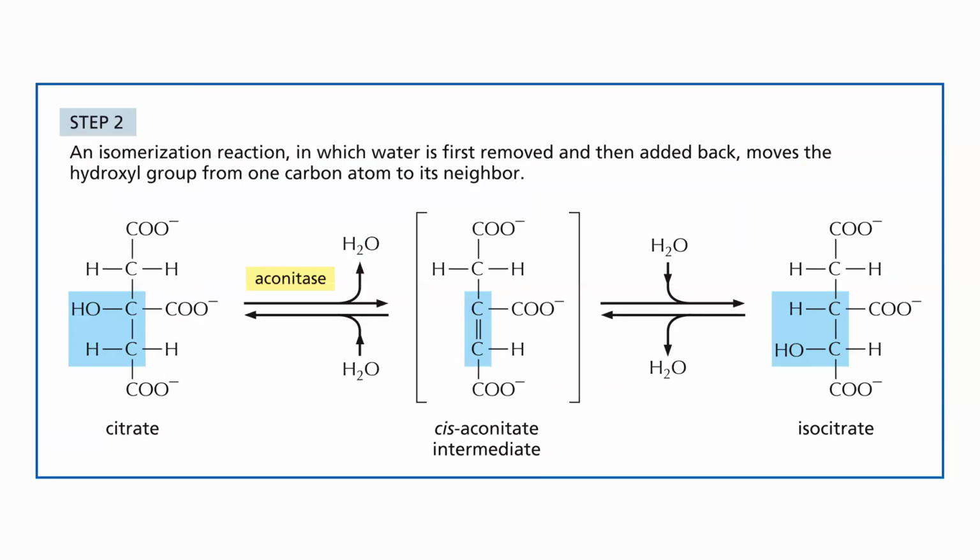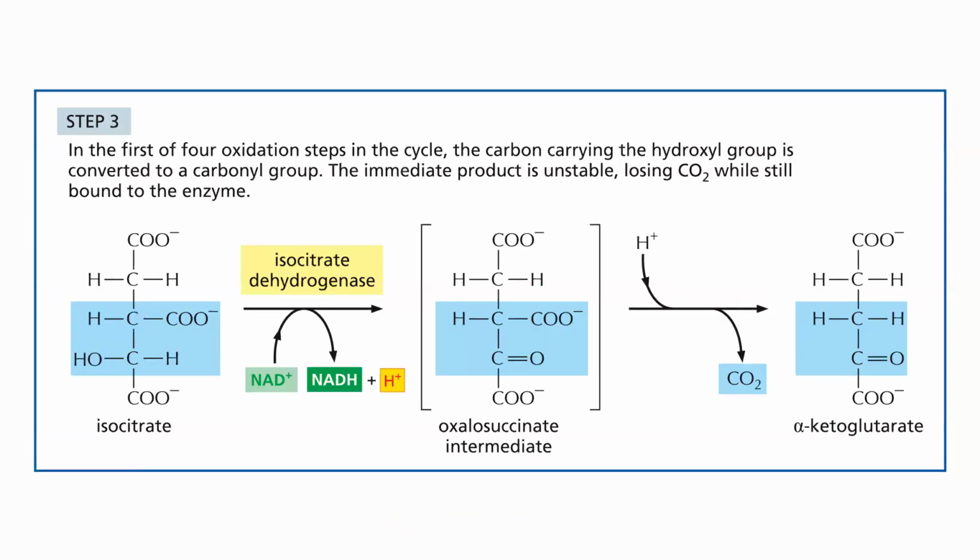This is a really interesting reaction. You don't really have to know this, but in order to do that isomerization, the enzyme that catalyzes this, called aconitase, actually removes the water and then adds that water back, but adds that water back in a different place. And that's what allows the isomerization to occur. But yeah, we just switched the hydroxyl and the proton, and we made isocitrate. So it's an isomerization reaction.